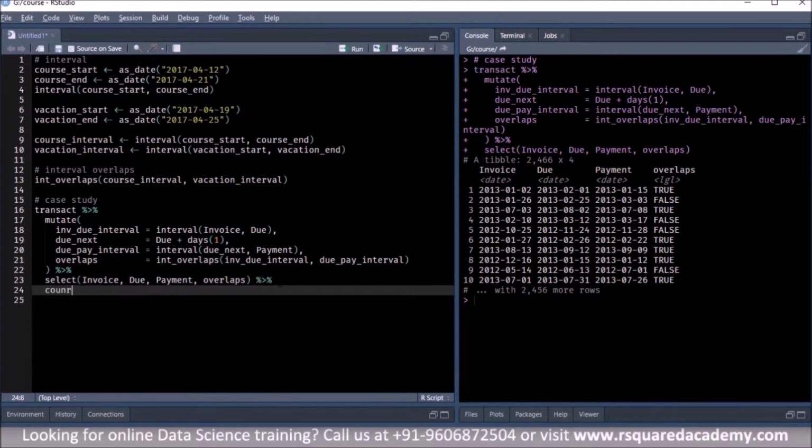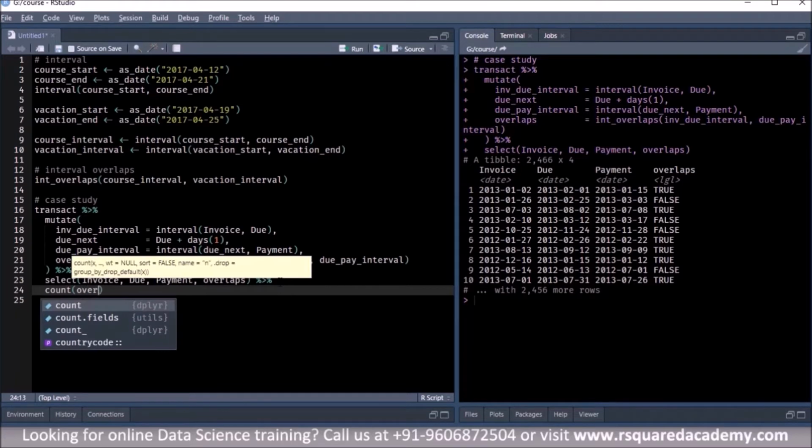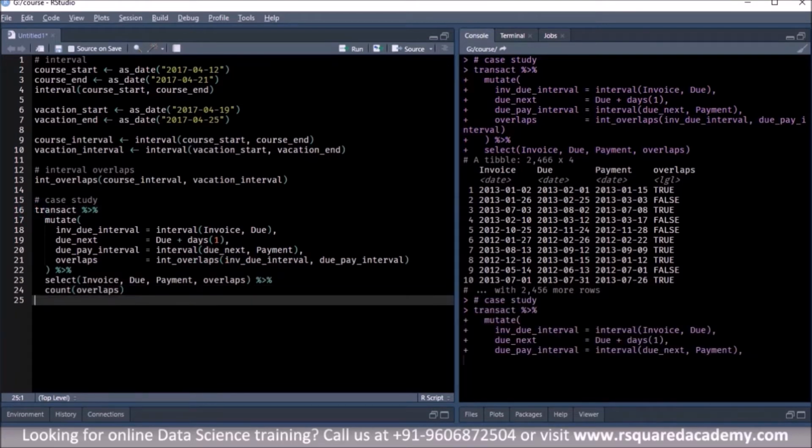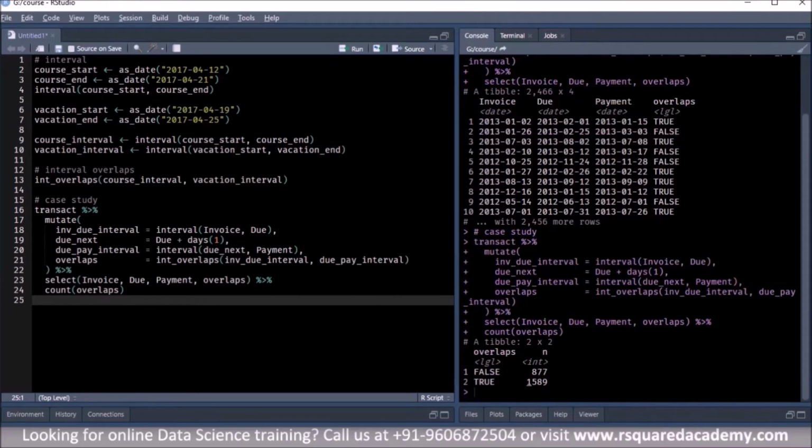We'll do that as count overlaps. Okay, so you can see true is 1589. So 1589 invoices were paid within the due date, and 877 invoices were paid after the due date.